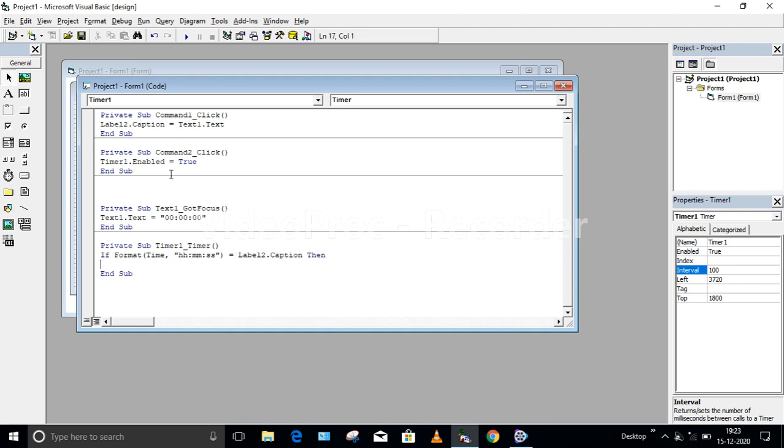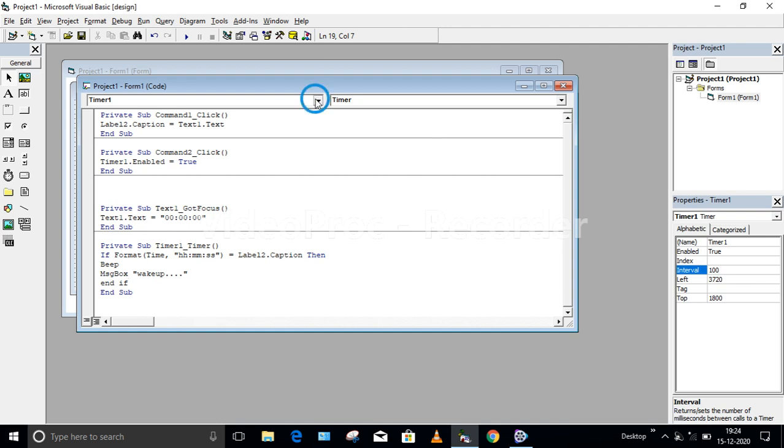Whatever value we have given in the text box has been copied to label 2, and that copied value will be displayed in the format of hours, minutes and seconds. Then I'll give Beep, that means it will give a beep sound, followed by, if you don't have speakers, let me pop up a message also. So MsgBox, here I'll give "wake up". This will be my message. Then I'll give End If to show the end of the If statement.